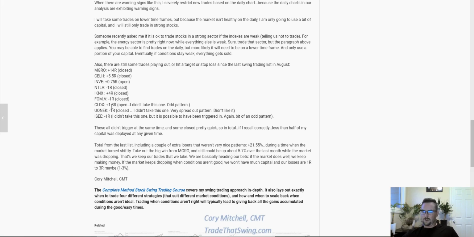So this one's still open, plus 1.3R right now. It's come very close to a 3R target a few times. Urban 1, down 1R, pretty quick loss. This one a little bit odd pattern again, but if that had been taken, it would have been 1R. So even with these ones that I didn't end up taking and adding in those losses, still up